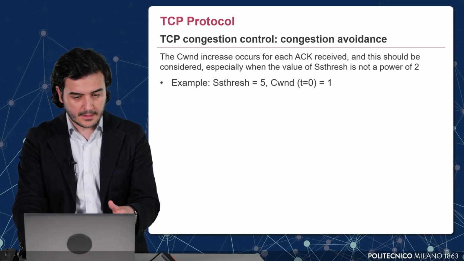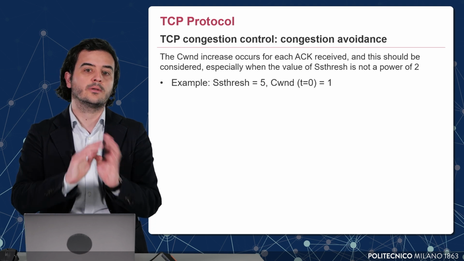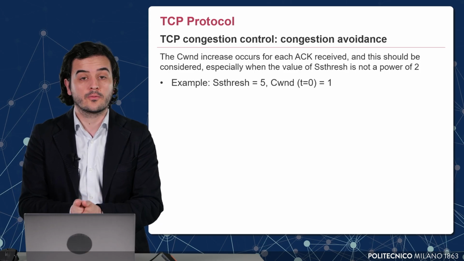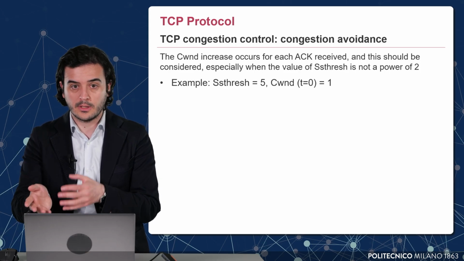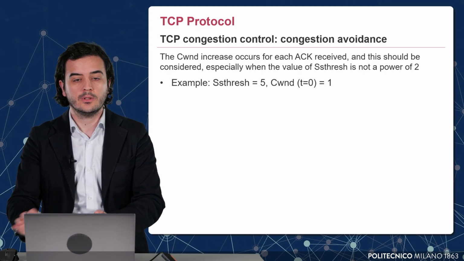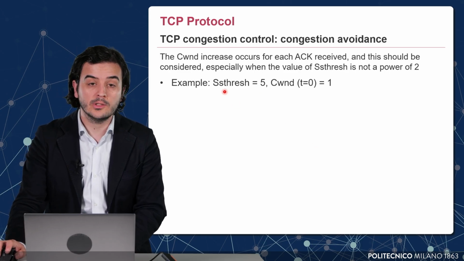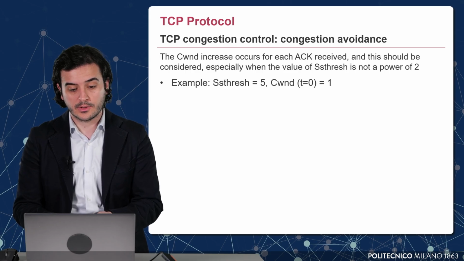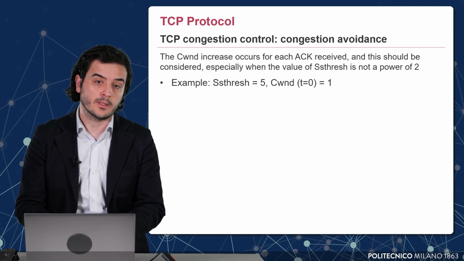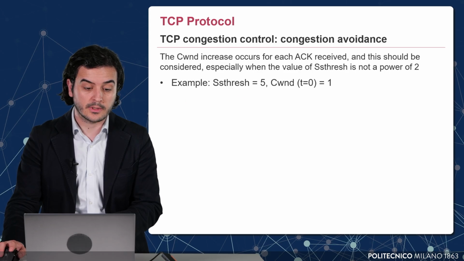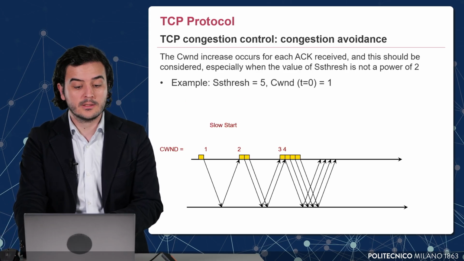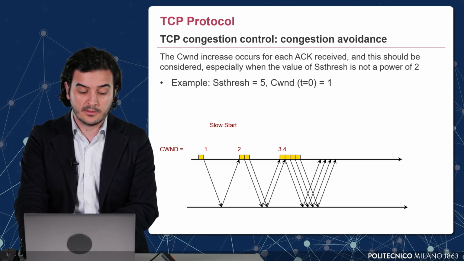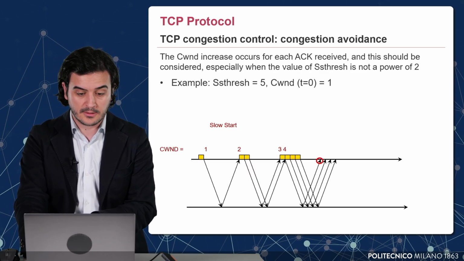Is it possible that everything works so perfectly, or when does the change from slow start to congestion avoidance actually happen? Of course, this switch will heavily depend on the value of the SS threshold that we have set. If we take an example in which the congestion window starts with a value equal to 1, and we have set the SS threshold equal to 5, then we might see a scenario in which we start with 1, go to 2, then go to 4, as we have previously defined, because we are still in the slow start phase.